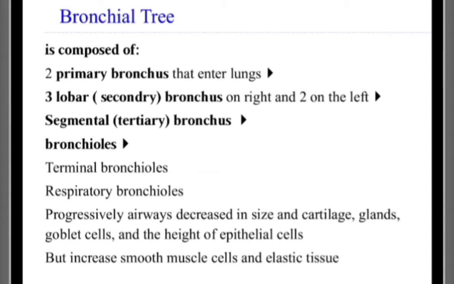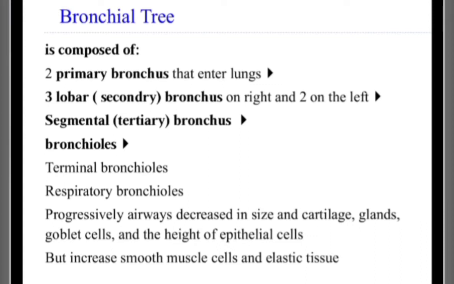Each bronchiole supplies a lung lobule, which is the basic unit of the lung. These lobules are pyramidal in shape with their apices directed towards the hilum of the lung. Each lobule is delimited by a thin connective tissue septum. So there are 30 to 60 lobules in each bronchopulmonary segment.